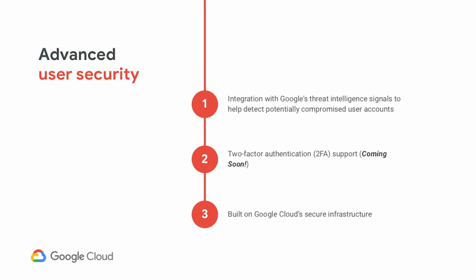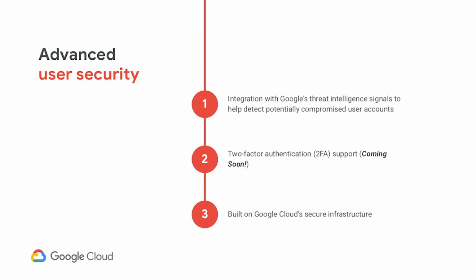Now, it wouldn't be a Google product if we didn't deliver you advanced user security. With Google, we deliver cross-account protection as one of the ways that we help to protect Google accounts. And we deliver that if you build your service on top of Identity Platform. So what that means is that if a Google account, be it an enterprise account, a consumer account, whatever it may be, is signed into any service sitting on top of Identity Platform, the service gets a notification that this account is actively under attack.